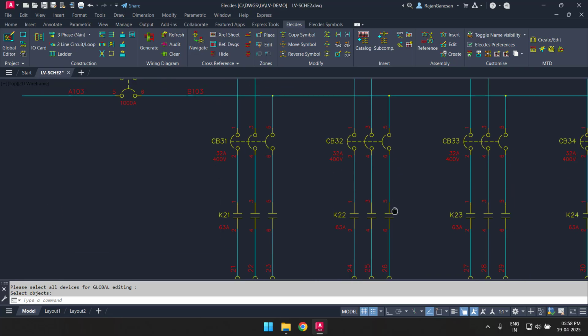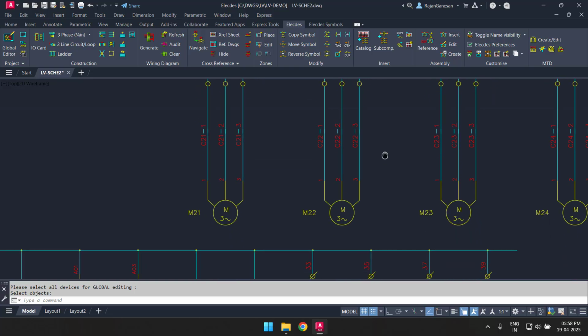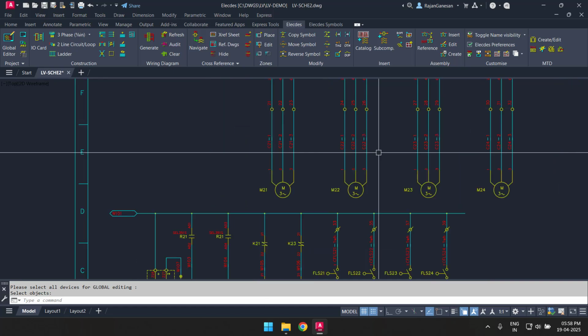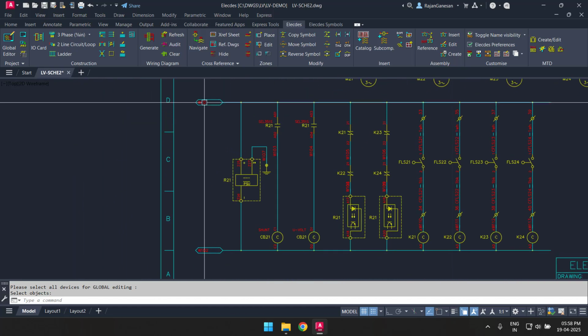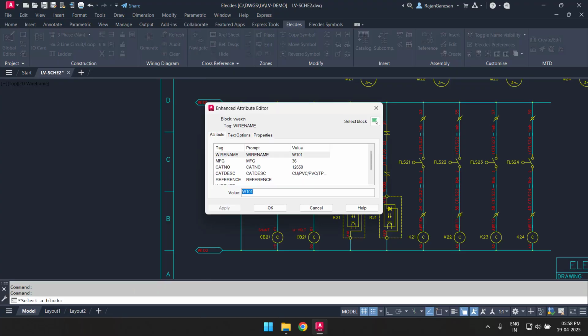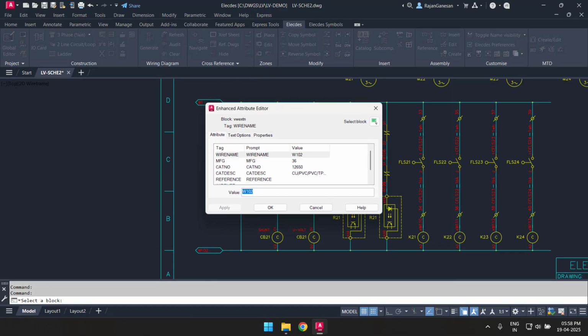There are some items in the circuit that do in fact need to be duplicated. For example, the wire extension markers. They need to mirror the wire continuations from my first sheet. As a comparison, I will use the simple CAD command attribute edit to edit these symbols. This is the tool used when you don't have Elecdes. I will need to click on the symbol, then click on the attribute, and then retype the data.